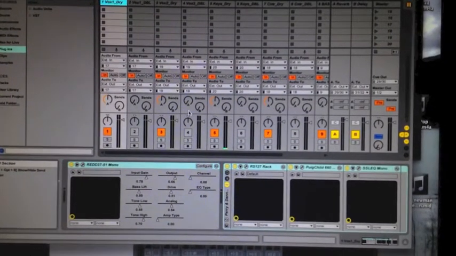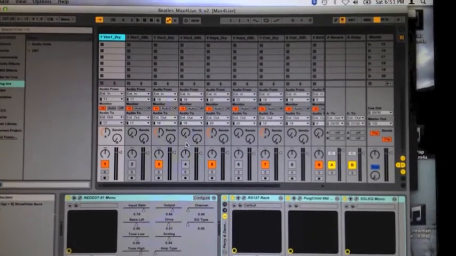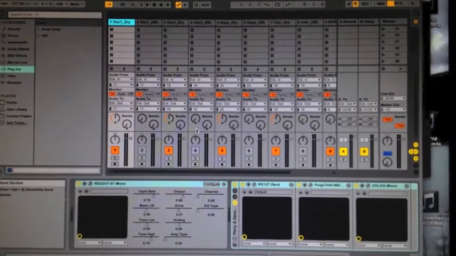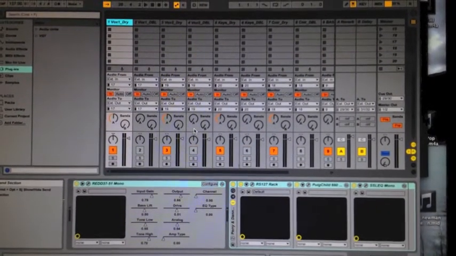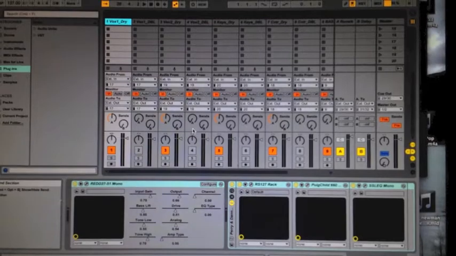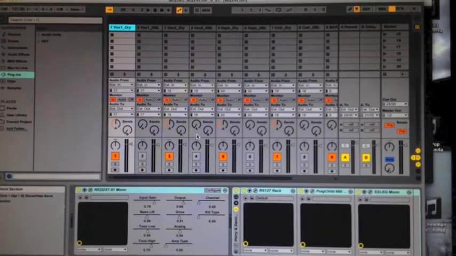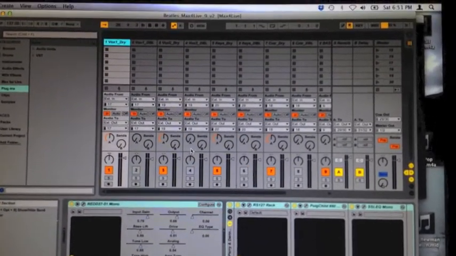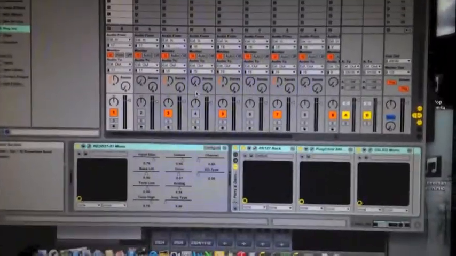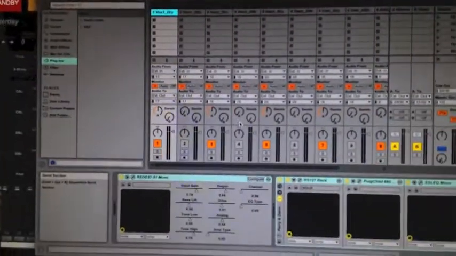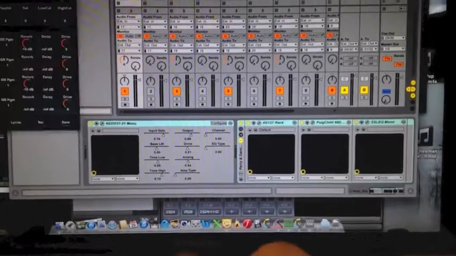and we even have the EMI console plugin, which replicates the EMI console at Abbey Road Studios to get that tone that the Beatles had that was made so famous on all those records. So there it is. And basically the way it works is that everything, keyboards and